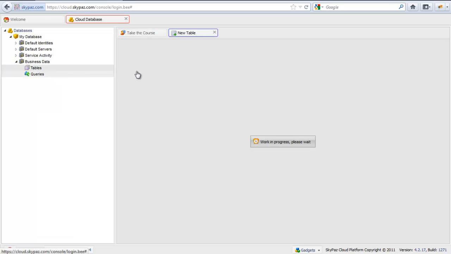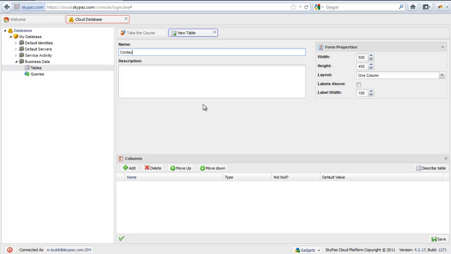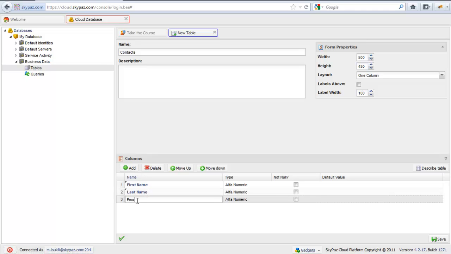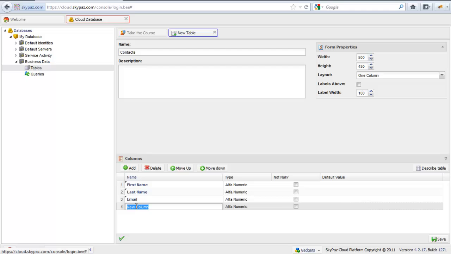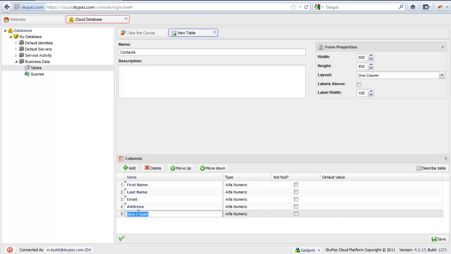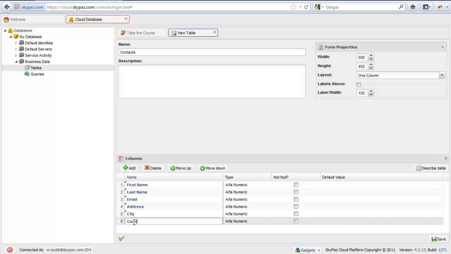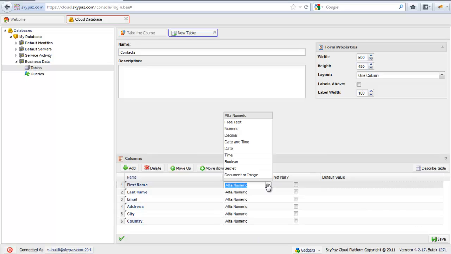So a new table, for example, contacts, and I add columns. First name, last name, email, address, city, and country. Okay, and here I can specify the type, if it's alphanumeric, if it's a free text, a numeric, a decimal,